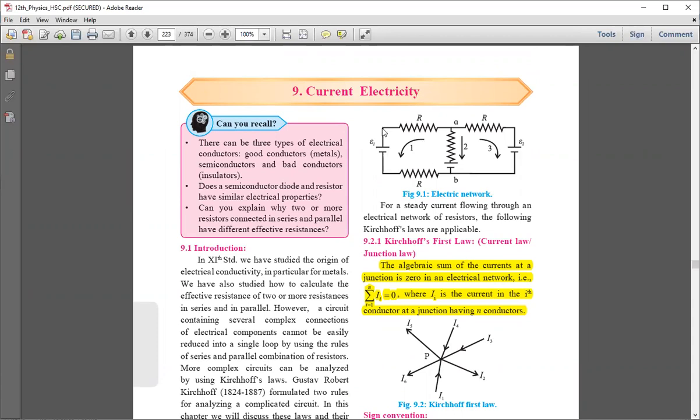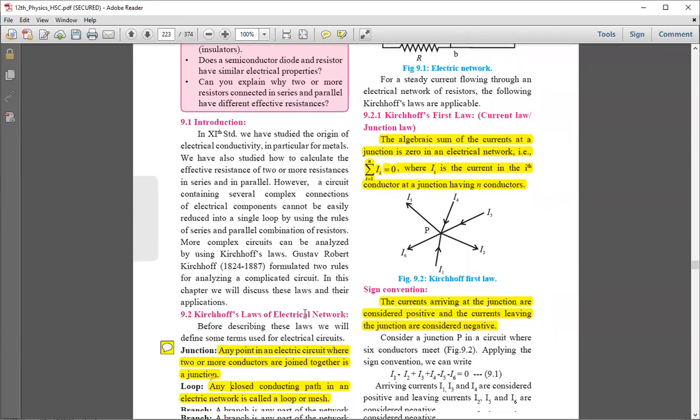So this point is not a junction, as this path is a single path only. It is just shaped this way. So this point A is a junction. As you can see that here this branch and this branch are connected, so three paths are connected. The point B is also a junction, because this path is connected. The path in an electrical circuit is called a branch, or we will learn basically what is the definition of branch.